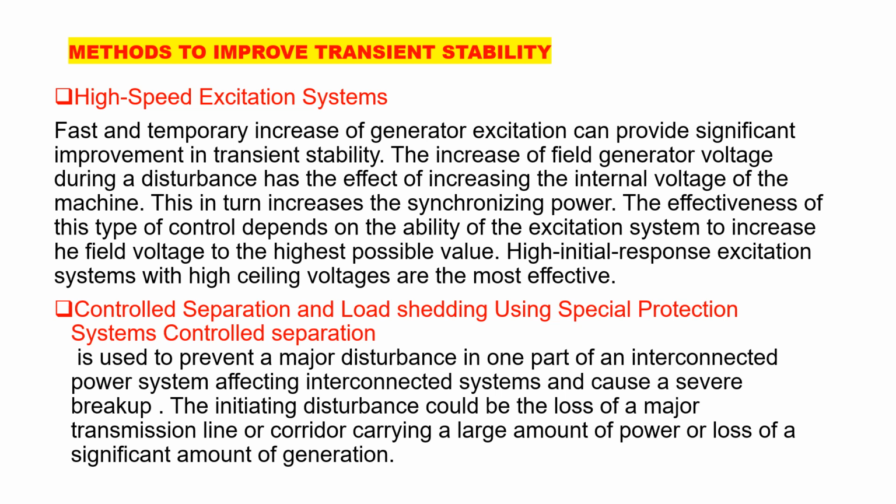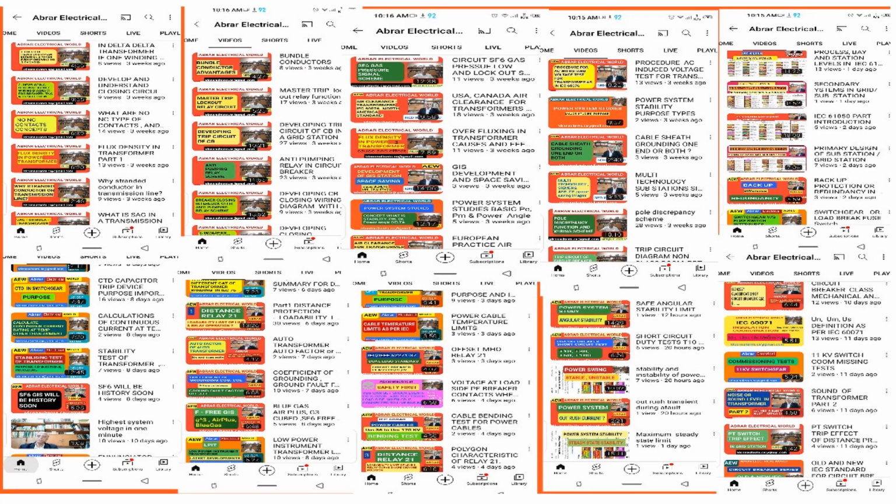So these special protections are nothing but the under frequency relays. If the frequency goes down, plus minus 5%, so it goes down 5%, close to 5%, then you can always shed the load immediately, and the power system stability can be achieved, or the system can be secured immediately. So these, again I repeat, are always in use in the power system. Nothing new, but in this research paper which I have mentioned here, everything has been placed and written in a first class manner, that it is very easy to understand.